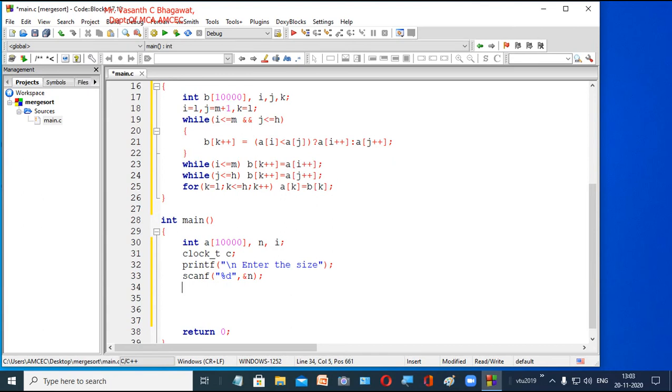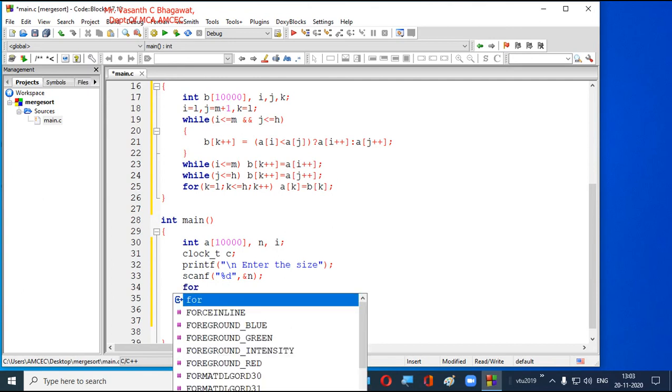And we have been told to calculate the time complexity, so your n should be very large, like say 500 values, 1000 values, 1500 values. But accepting so many numbers from the keyboard is very tedious for us. That is why we use random, like in our previous program. So we'll use a for loop.